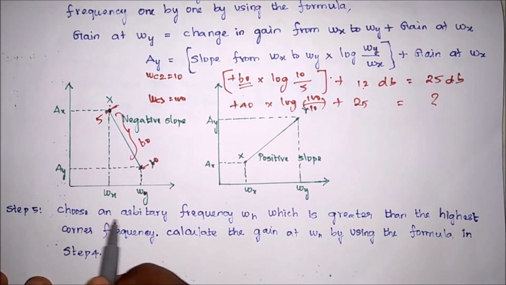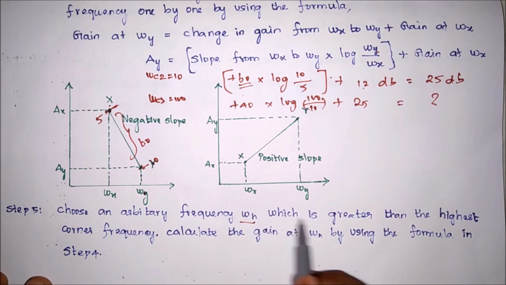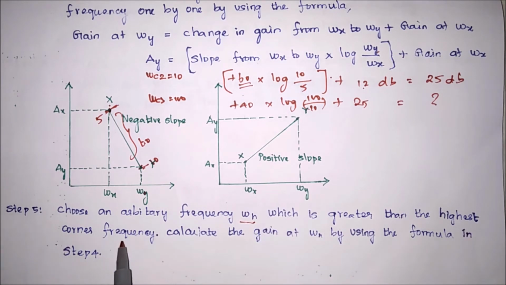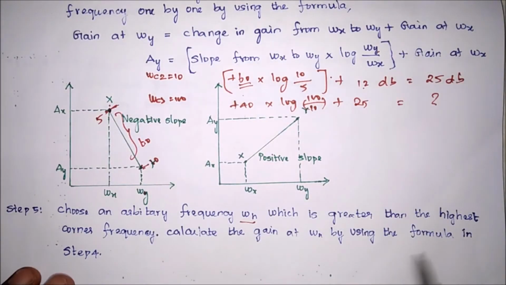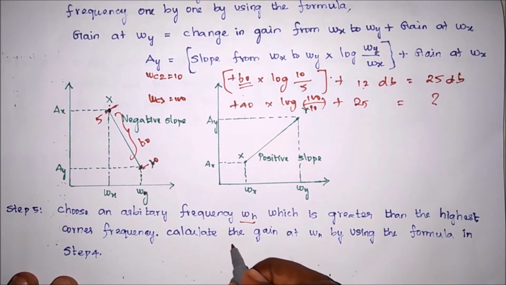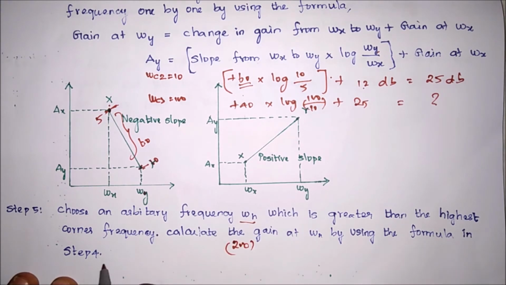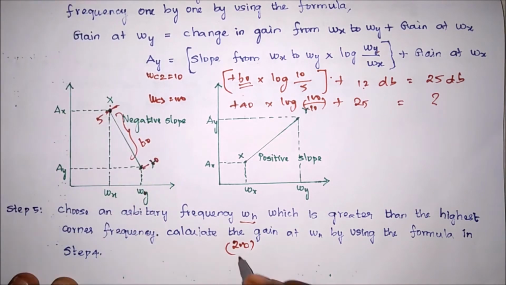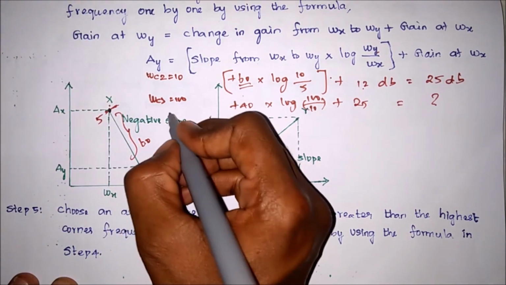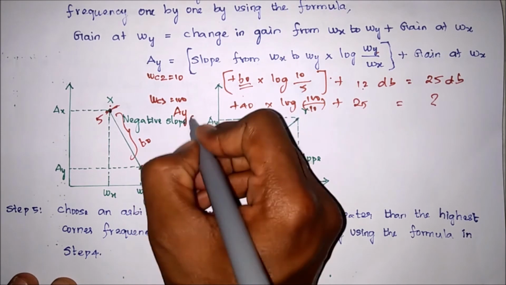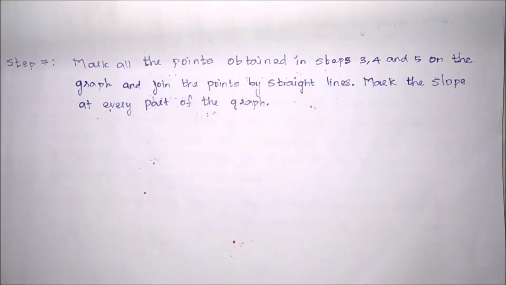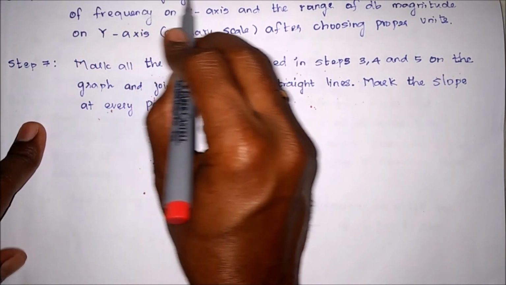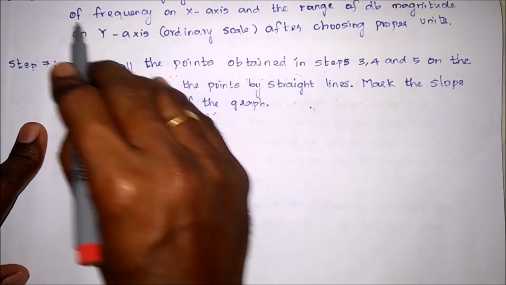Next, step 5. Choose an arbitrary frequency omega h which is greater than the highest corner frequency. Here the highest corner frequency is 100, so we have to select a frequency greater than 100. It means we can say 200. By using the formula in step 4, using the same formula for 200 also, we have to calculate the value at 200. Then after that, in a semi-log graph sheet,